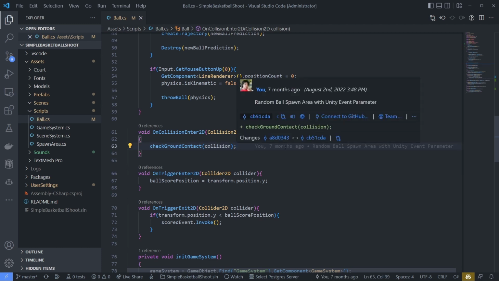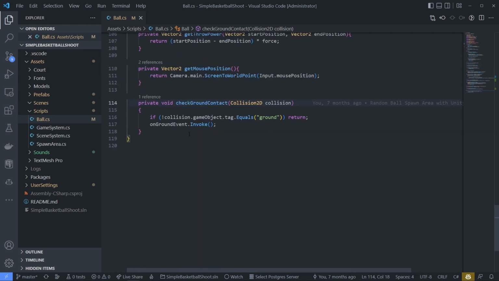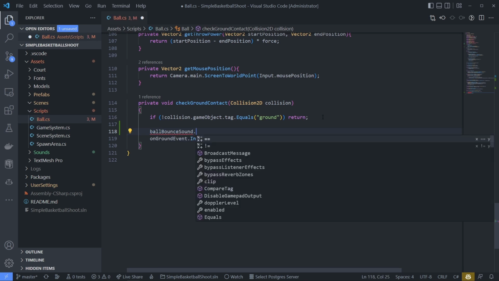So let's play the ball bounce first. Go to our check ground contact. See, it's checking if it's collide with our ground. So if yes, then let's play the ball bounce sound dot play.